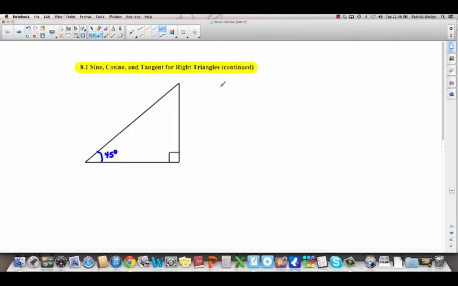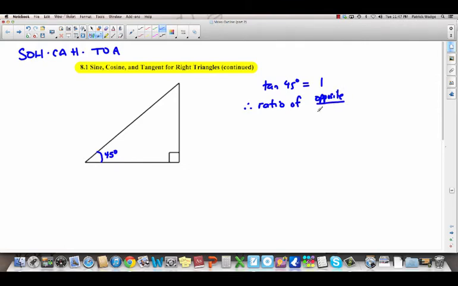I'm going to write it down here. Tan 45 degrees equals 1. Well, basically what that means is the ratio, because remember sine, cosine, and tangent are ratios. The tan ratio, and what is the tan ratio? Remember, I'll write down SOHCAHTOA for you so you can remember. What does this tan ratio refer to? The tan ratio is opposite over adjacent. So the ratio of the length of the opposite side divided by the length of the adjacent side